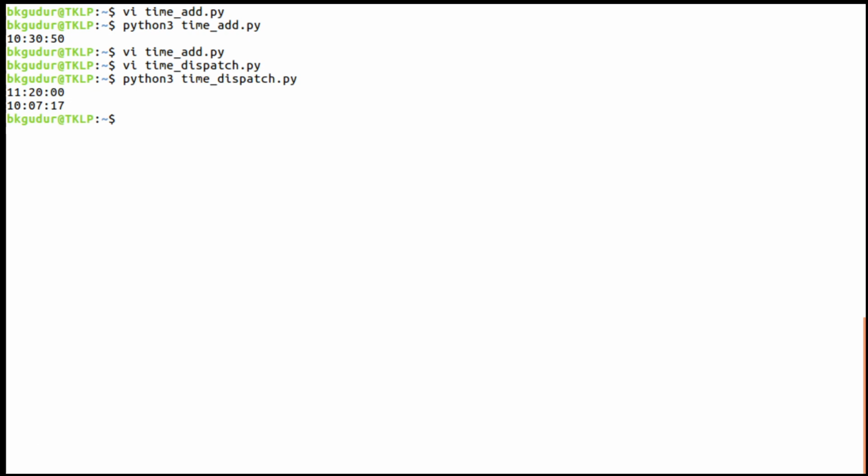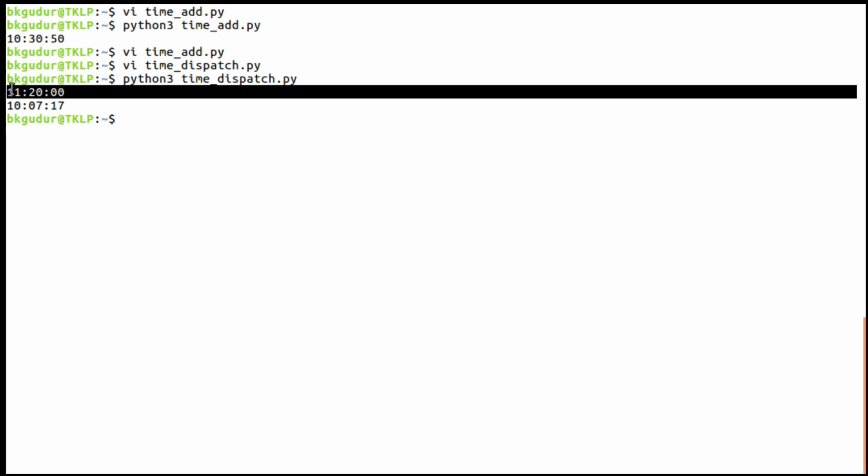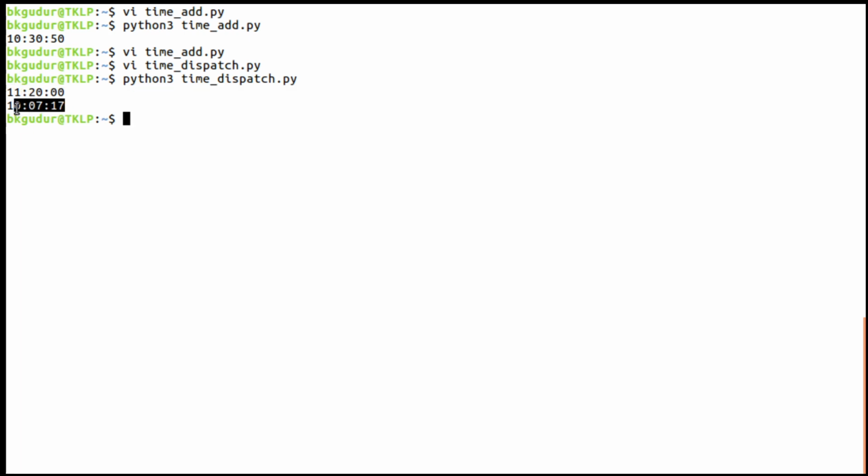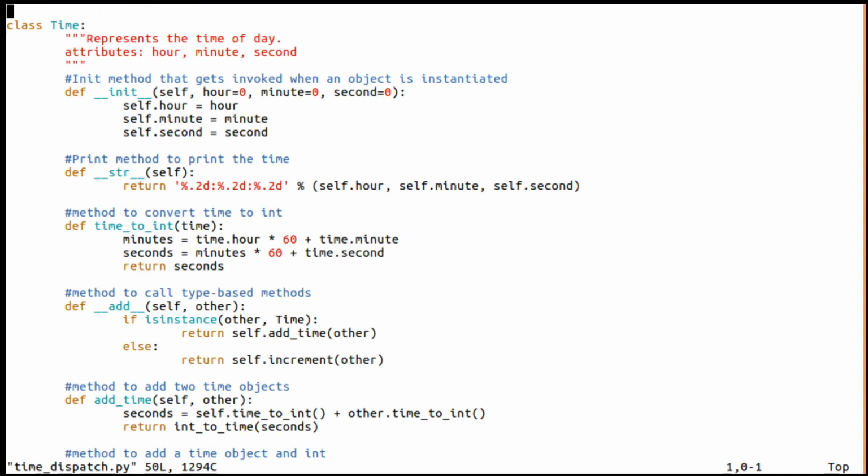Now you can see the first result is the output of adding two time objects, whereas the second result is the output of adding an integer to a time object. Dear students, what you need to remember here is type-based dispatch.